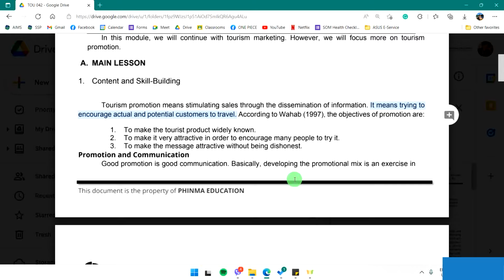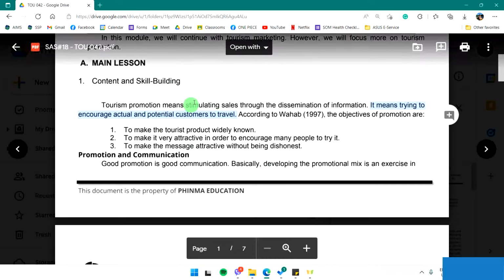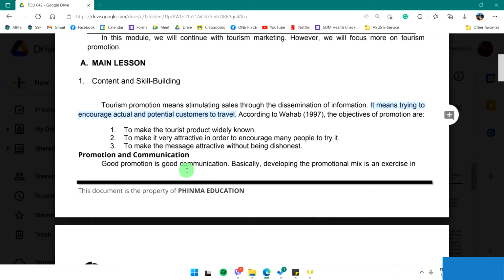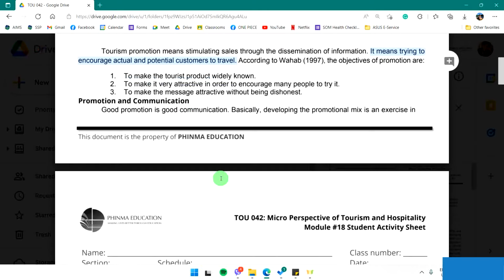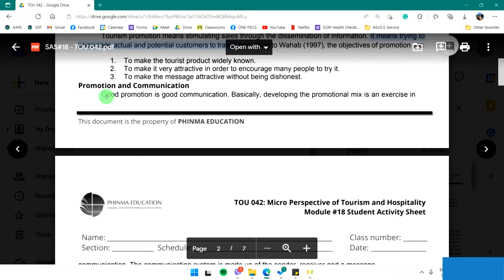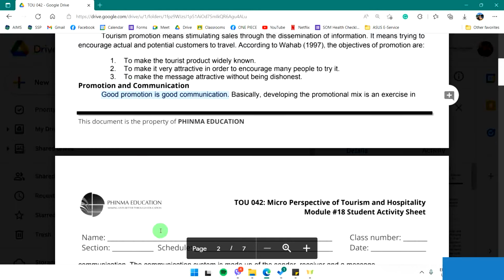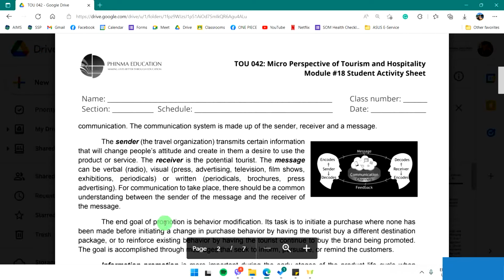It's a lot harder than this. Seeing this sentence, it looks easy: it means trying to encourage actual and potential customers to travel. Pero actually, if you look into it, it's a little bit more complicated than that. When it comes to promotion kasi, communication is very important. Good promotion is good communication. Tandaan niyo yan. And when it comes to communication, of course, we have a sender, and we have a receiver,